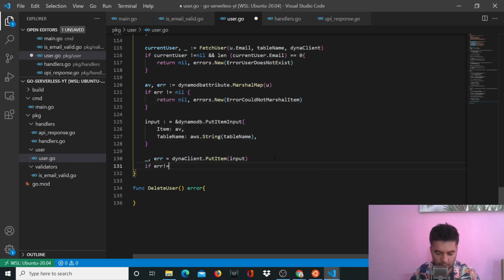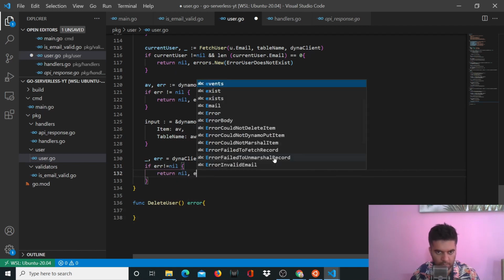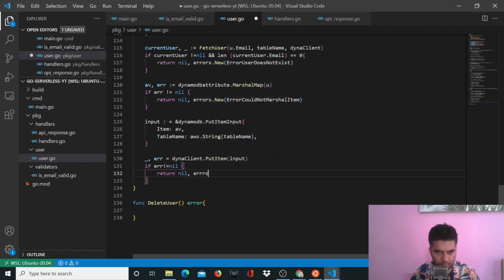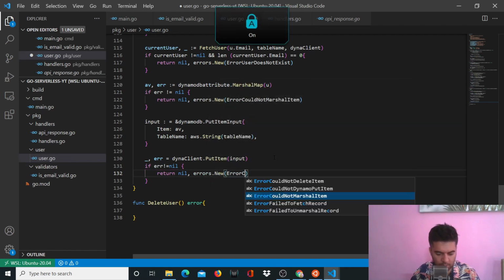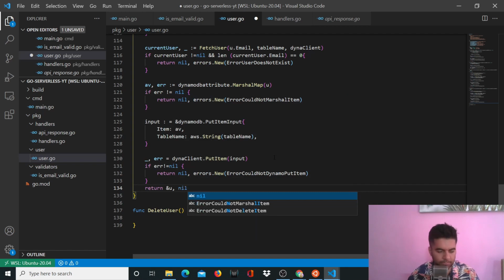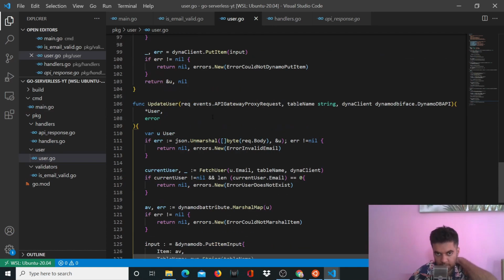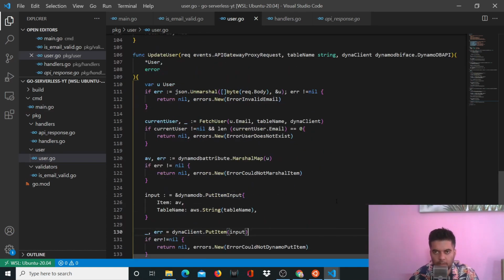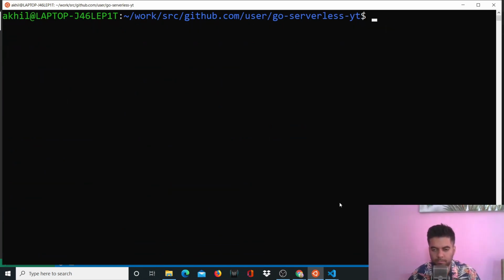And if error not equal to nil, return nil, errors dot new error could not dynamo put item, return ampersand u, nil. So now even my update function is complete. Everything looks okay. And all I want to do now is run the